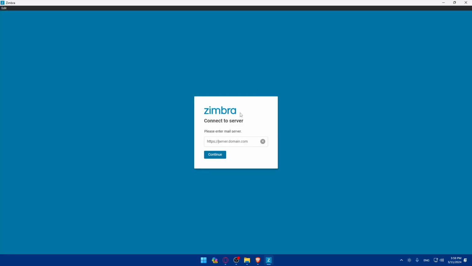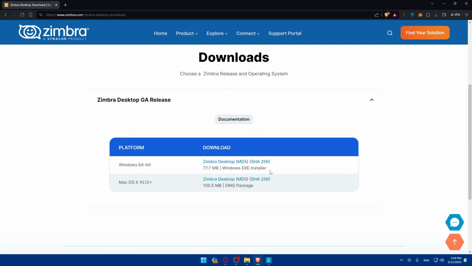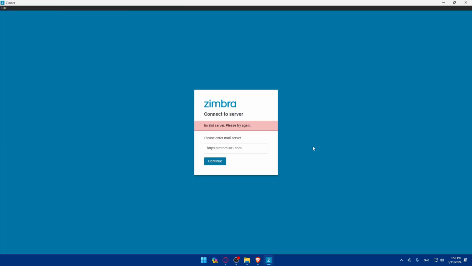Now you'll have first of all to enter your email server. As an example, I'll type a random one here and click on continue. So it's invalid. Of course, you'll have to get one first of all. I don't have one already, I'm just trying to show you. And once you're logged in to your account, because I cannot access my account at the moment, or I don't even have one,